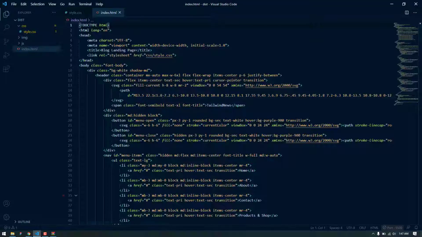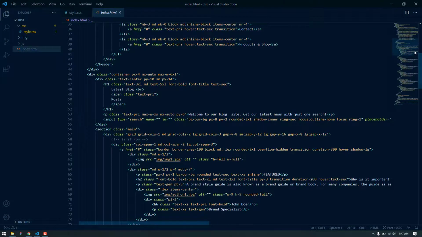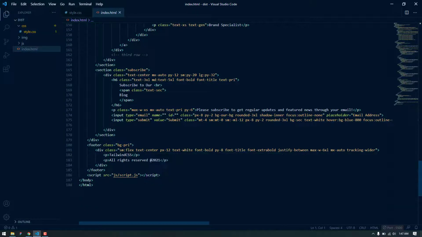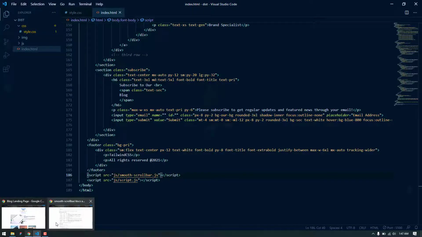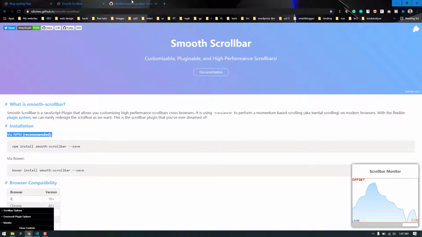So at first, we are going to add smooth-scrollbar.js in the index.html. So let's do that. Script src, and it's in the JS folder, smooth-scrollbar.js. We can also install it by using npm and a package manager, but I'm not going to make it too complex.